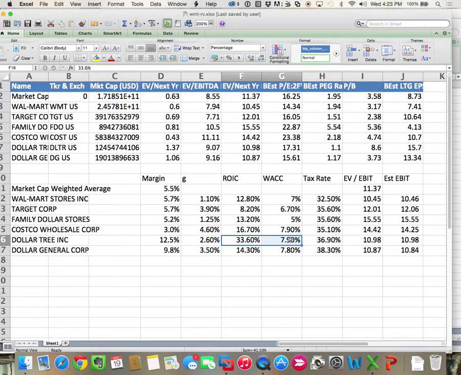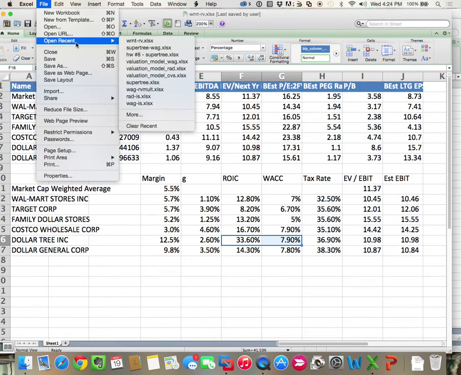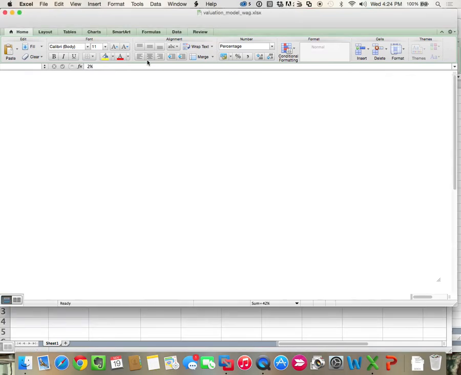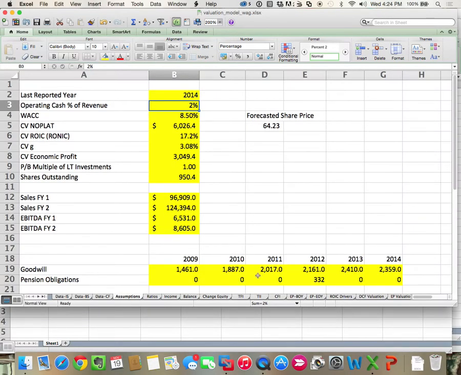Section 4. Final section. The valuation. The valuation and your buy, sell, hold opinion based on the target price. Again, you're only turning in your final valuation Excel file. You're not turning in your as is. Right? However, in your as is valuation, let me open up Walgreens. In your as is valuation,